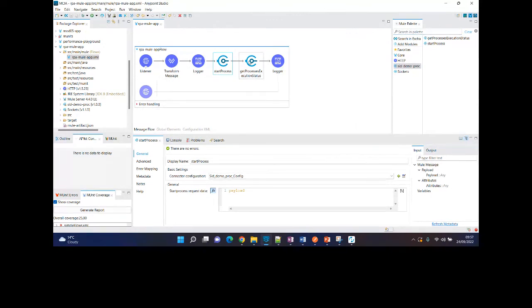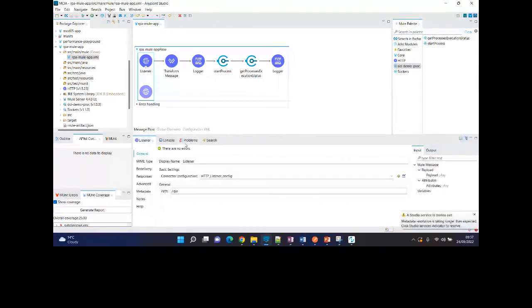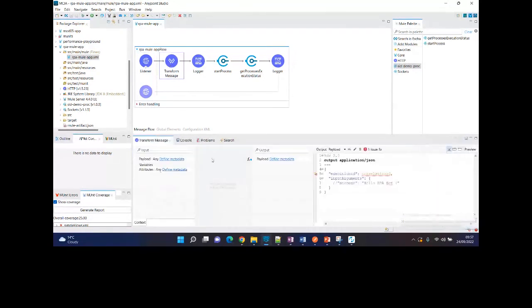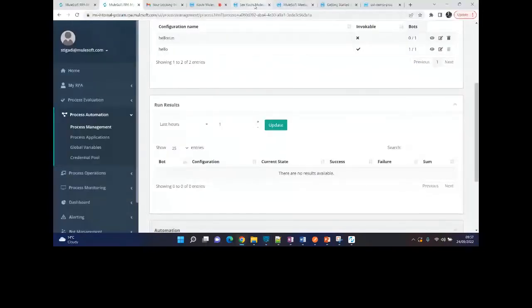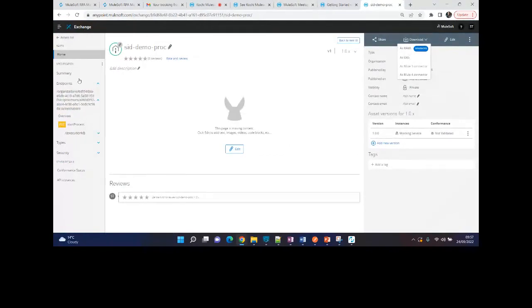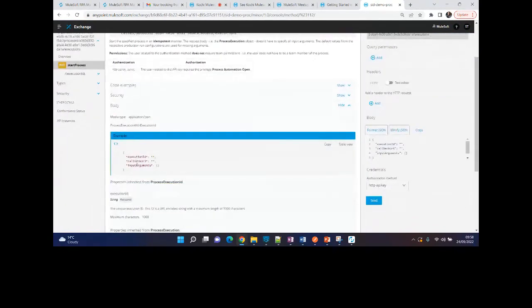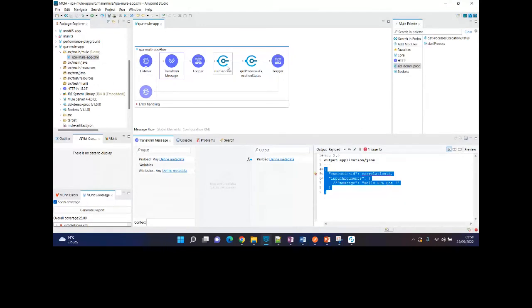And what I have done is, it's a very simple API, nothing fancy. It's just saying /RPA. And in transformation, I'm just setting the correlation ID. Okay, nothing else, no message, nothing. And this particular payload that I'm setting is as per the specification that is there in the console here, in the API portal. So if you look at this, I've just taken it from here. I've just taken this data and I've put it there.